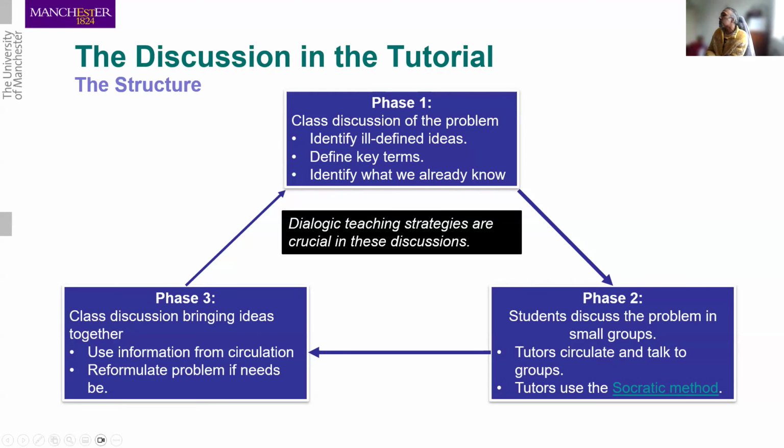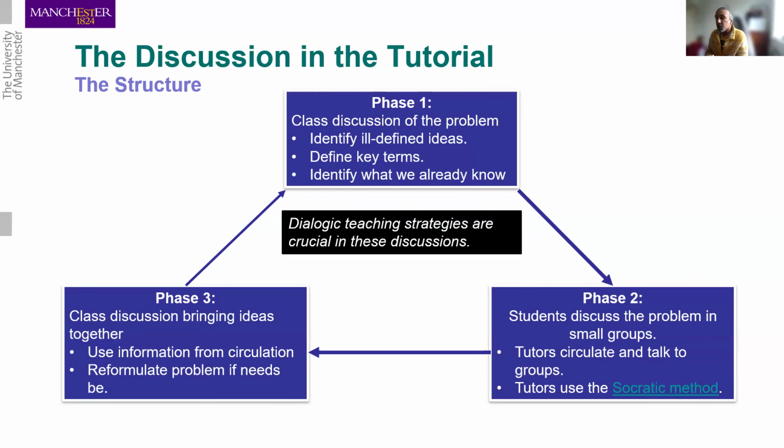So it's to help students understand their own thinking, practice those thinking skills through dialogue and through using dialogic teaching, but it's also actually for the tutor to pick up on different ideas that are circulating around the class for phase 3,